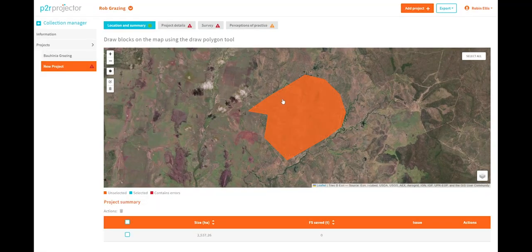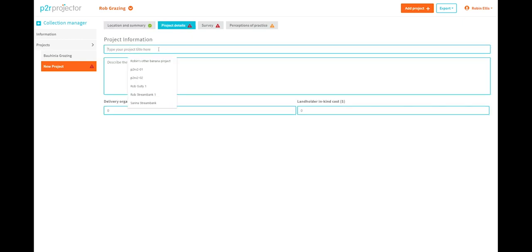And now our project has an area, a footprint created, and a record in our collection, where I'll add some details such as a project title that will help me to identify this project amongst other projects in my collection. And I'll add a couple of project details as well to provide context to myself and my project team, and some delivery costs. And that's the initialization of the project done, but what we need to move on to now